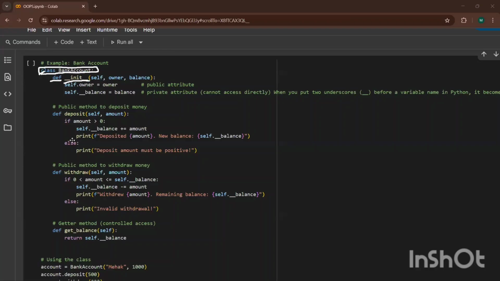So after that, in init, we are using self. Now, what is self doing? Self basically takes the reference of the object to the initializer.